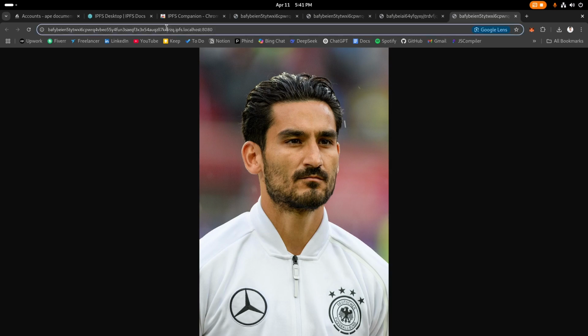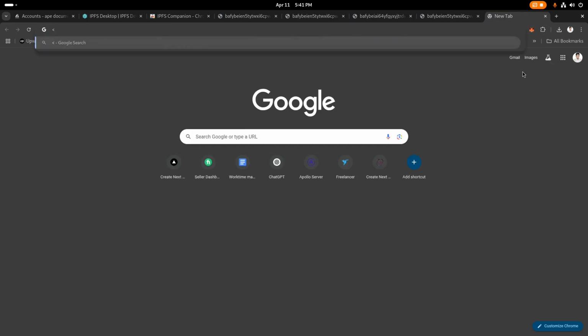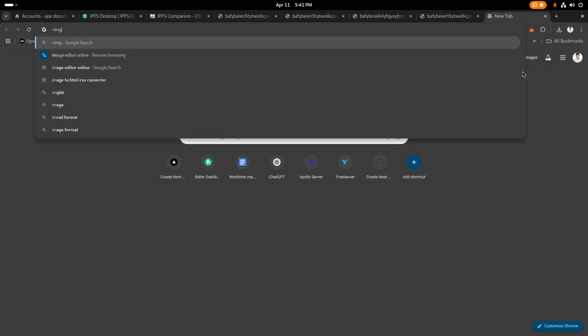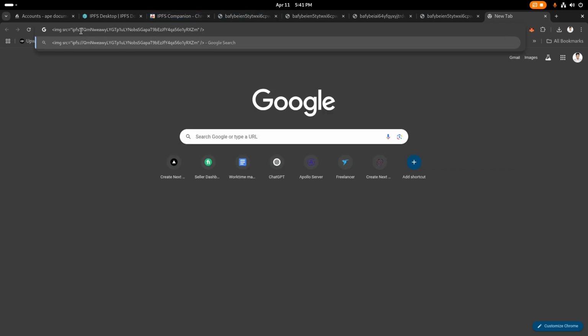This is the metadata we are getting back, and this is the image URL. Let me search for this. This is the image we are getting, but let me tell you, this won't work in an image tag. What is this image tag? This is the image tag from HTML. When you do it like this, img src equals ipfs://, then the CID, this won't work actually. So we need to do it like this: